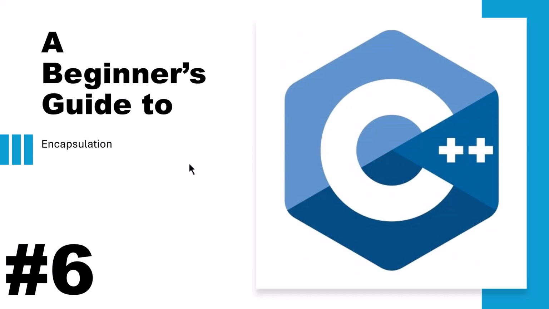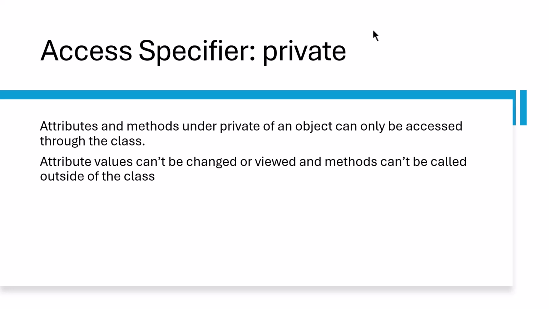And today's subject is encapsulation. Let's begin. First things first, to understand encapsulation better, we need to go back to the access specifier private, because they are directly connected. The attributes and methods under private of an object can only be accessed through the class,